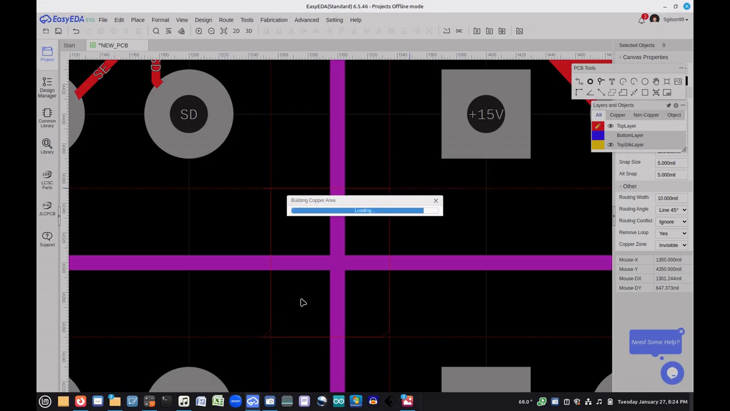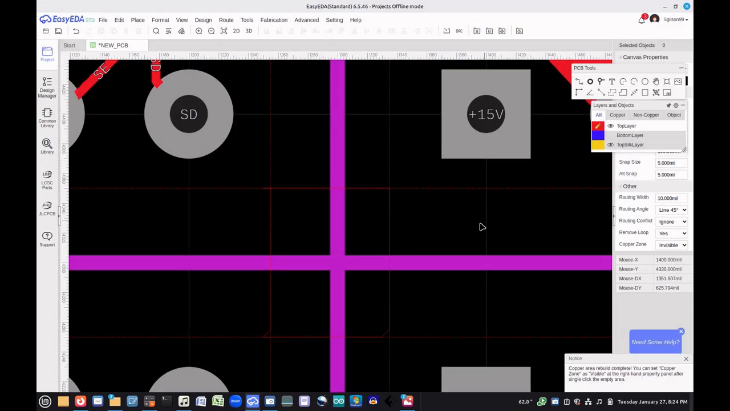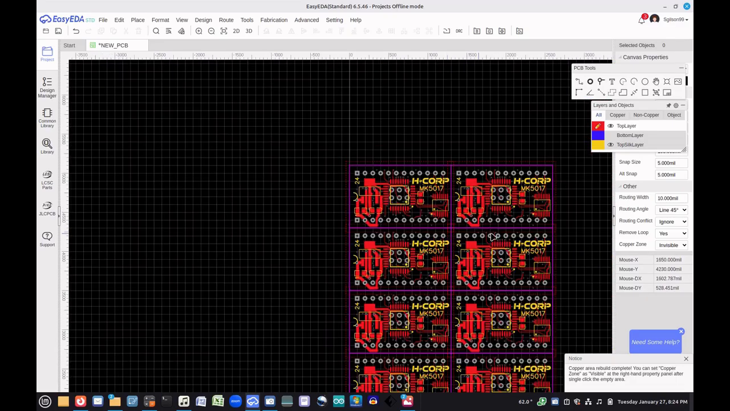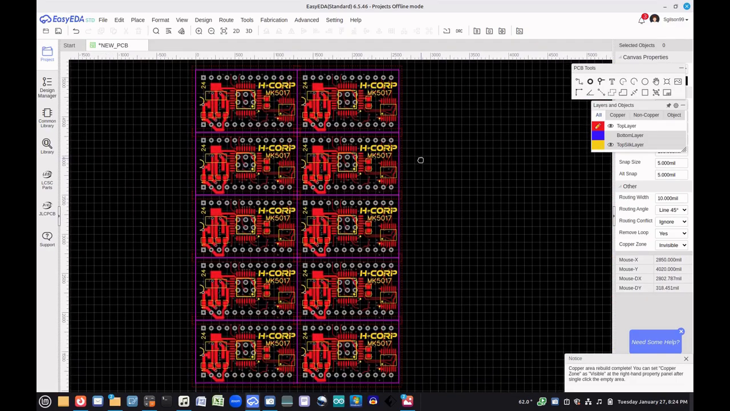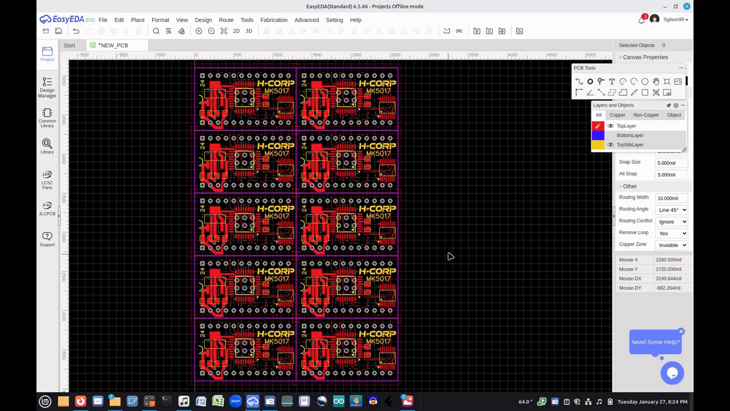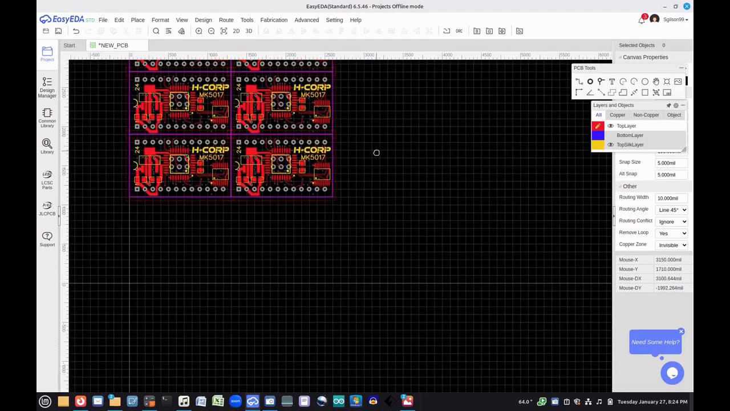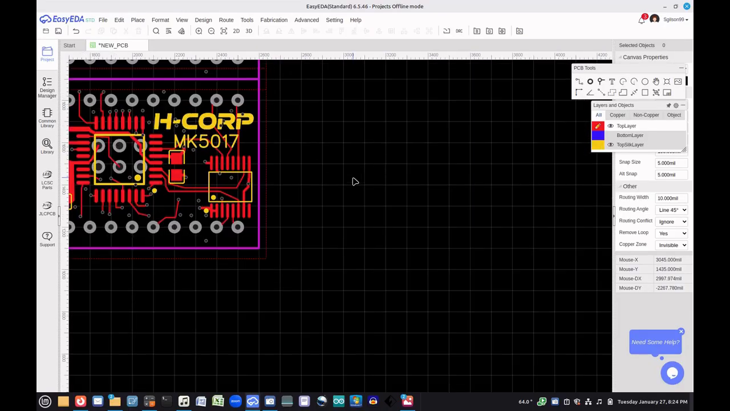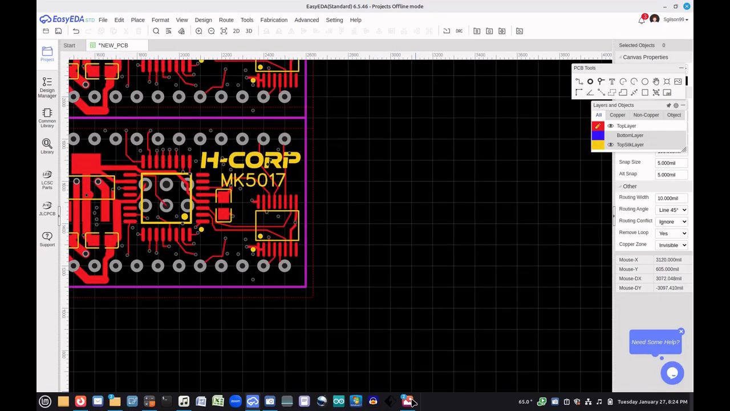Notice it's taking a little longer to redraw now. We have a lot more to deal with. Okay, so here we go. We've got 10. We could just ship it to fab like this, but I want some freebies. I want 5 freebies. So let's go down here to where we're going to place